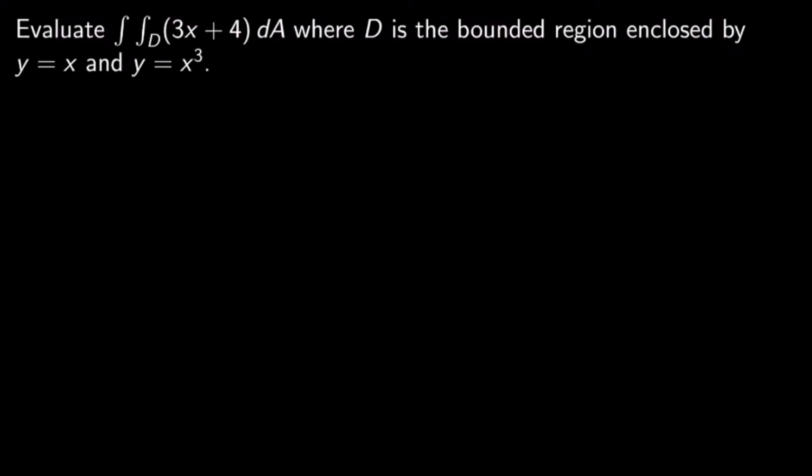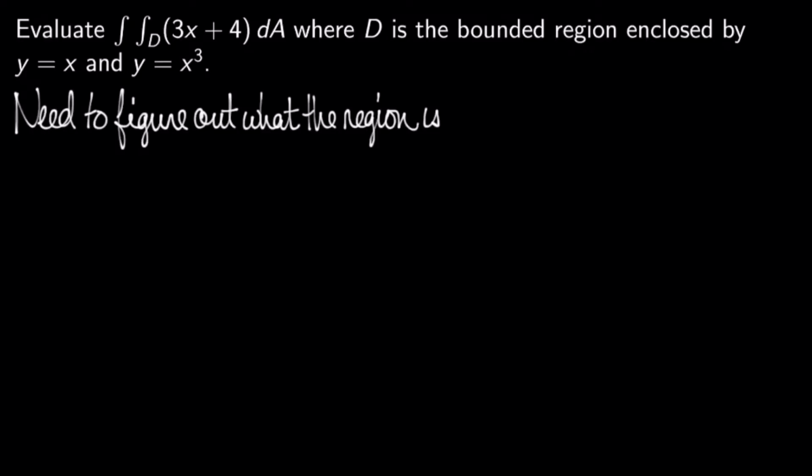Okay, here's a classic Calc 3 problem. It's a double integral. It's the volume of a solid, and you have a surface on top, and there's a region underneath, so you've got to figure out what the region is, and you integrate twice, and you figure out what that volume is. So, the first step here is to figure out what that region is, and artwork is